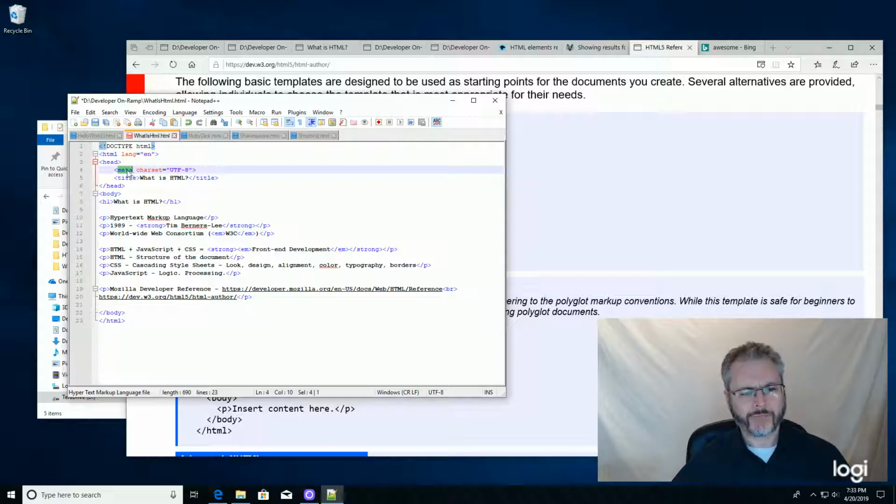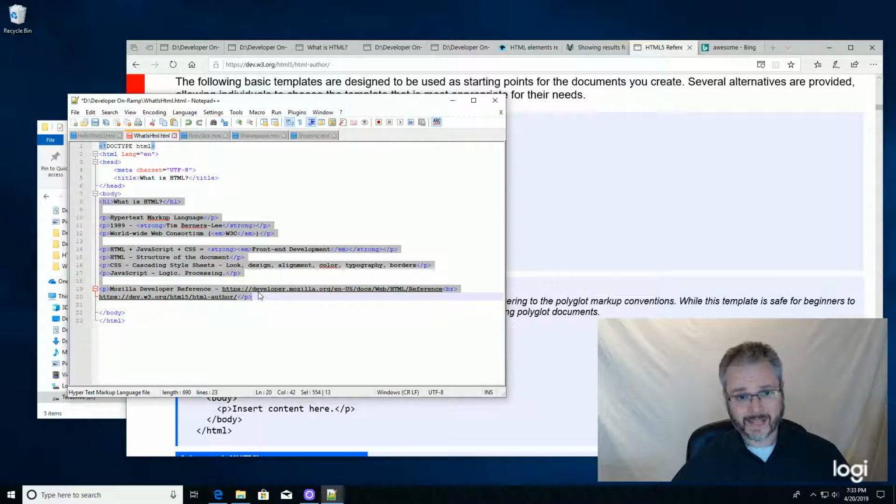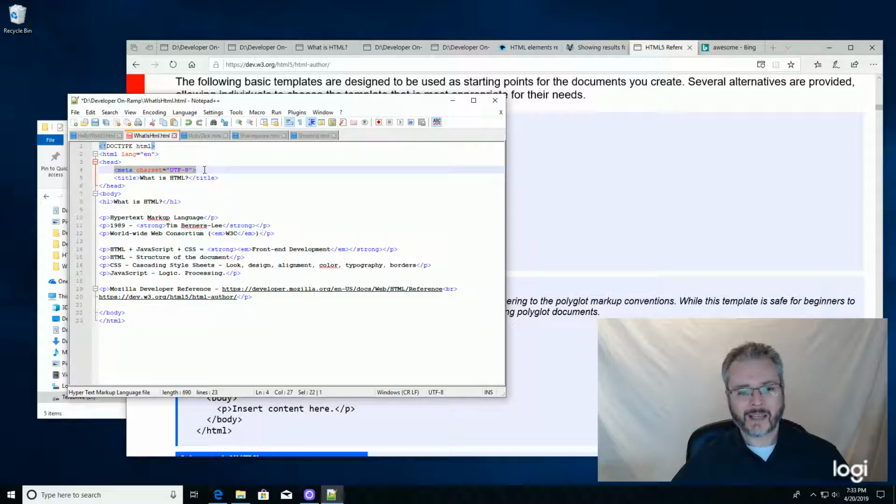So in this case, it's saying this particular attribute. Remember, we talked about attributes with lang equals en. In this attribute, we're saying the character set, that's the attribute name, equals UTF-8 is the property value. So this is information about the HTML file, right? It's meta information. This inside the body, that's the data, right? That's the stuff. This is metadata, right? And then the character set. We talked